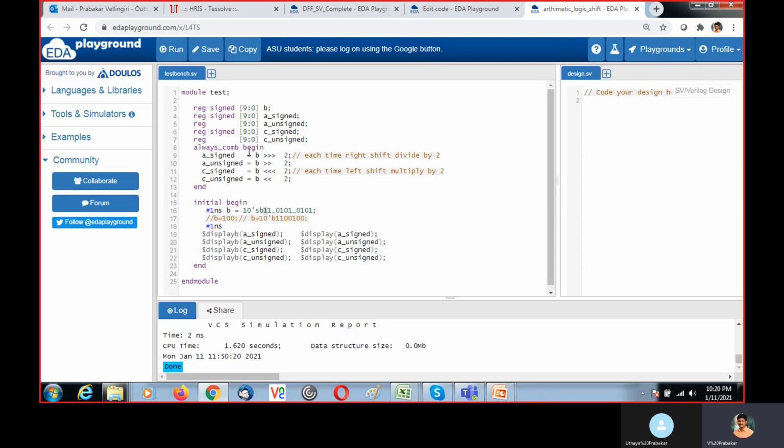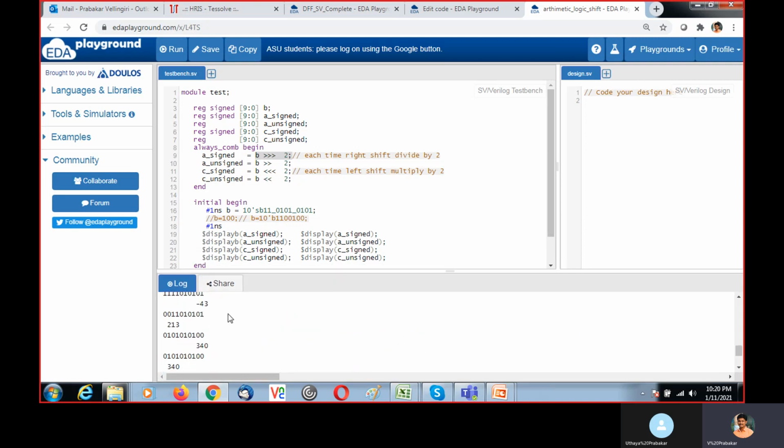Here in this always_comb block, I am performing right shift 2 times. It is an arithmetic shift. It will shift to the right side and it will append the signed bit. So see in the log file or transcript file.